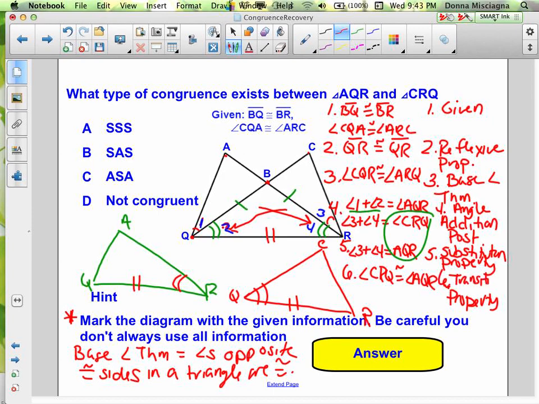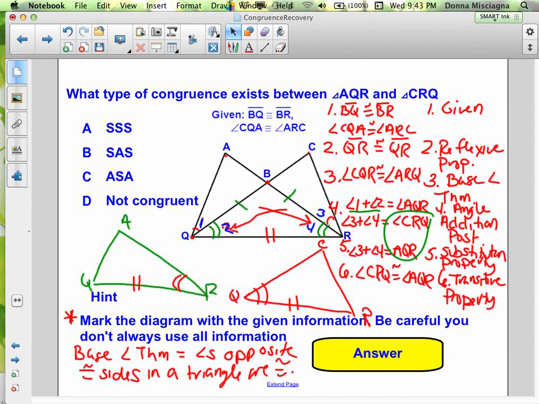Let's see if I can make it so you can read it. There we go. And actually, we're just about done now. So now we can mark CRQ, this one here. We'll give that one 3 congruence marks since nobody's got 3 yet. And angle AQR is over here. Which one of our triangle congruence postulates is it? Why, it's